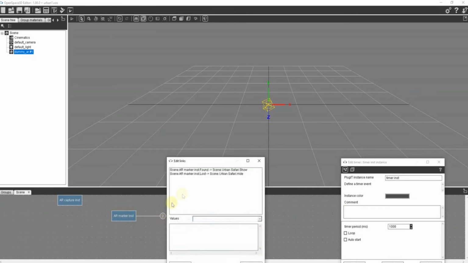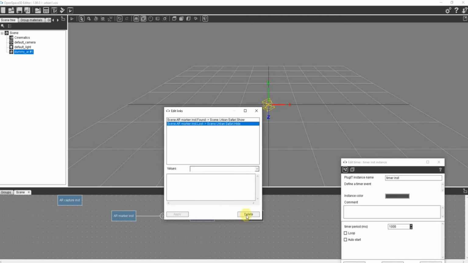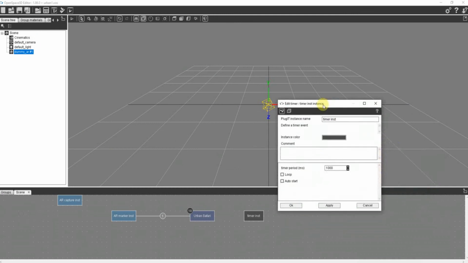If we take out the hide, and we'll set, let's say, a 3-second timer,